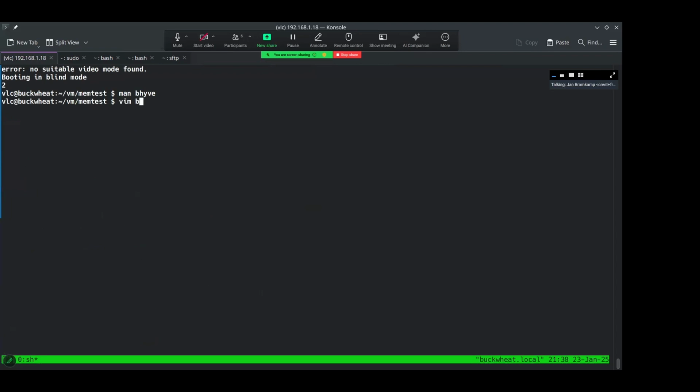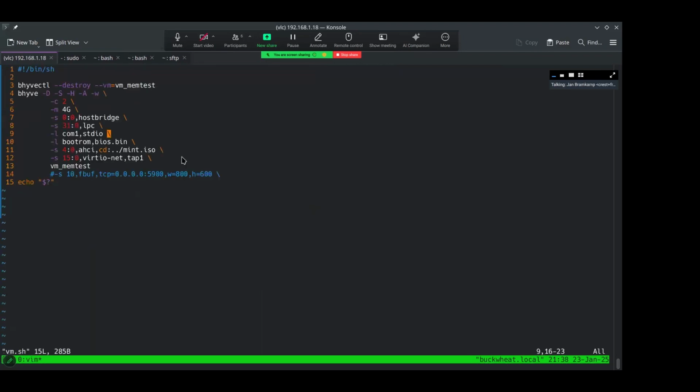So can you try? Wait, can you show me the command line and give me time to decode your short argument list? So you wire guest memory, dash H, that's just yielding. Of course you want that.